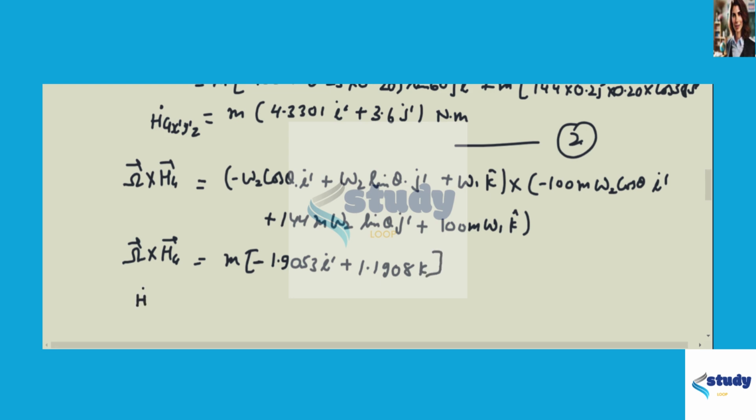So the rate of change of angular momentum of the system about the centroid, by putting the value of 2 and 3 in this formula, you will get m into 2.4248 I dash plus 3.6 J dash minus 1.1908 K plus